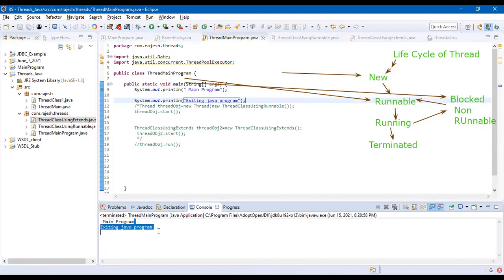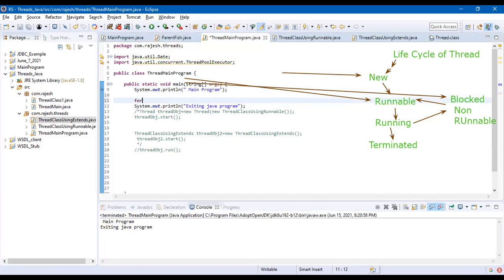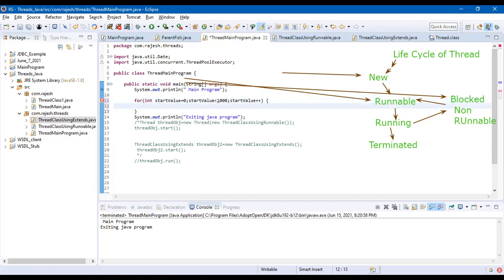Let us say I want to do a pause here. I can give a for loop. For int start value equal to 0, start value less than 1000, start value plus plus, do nothing.